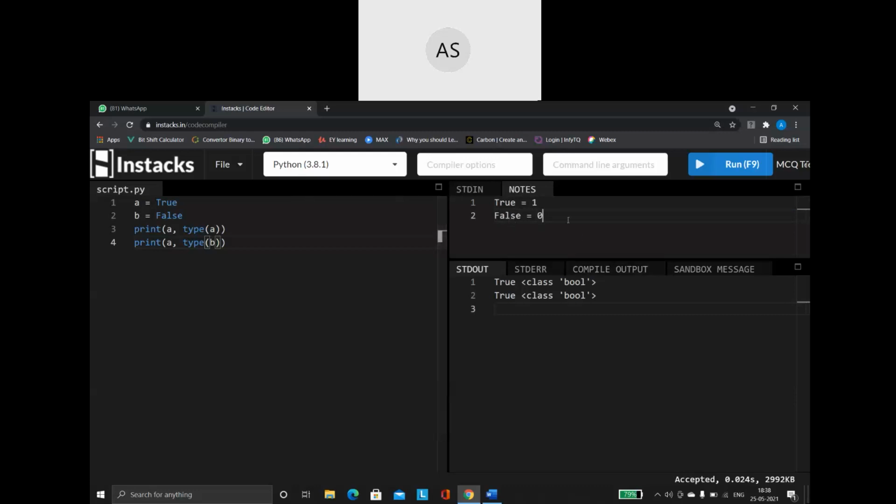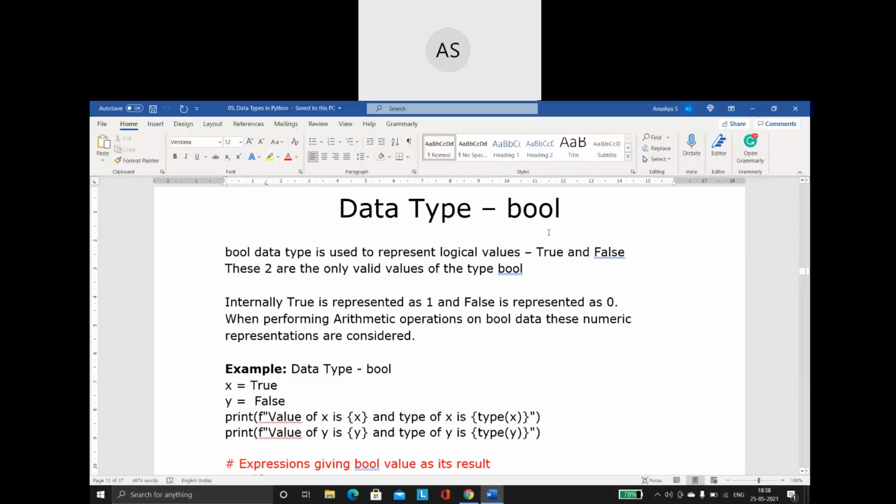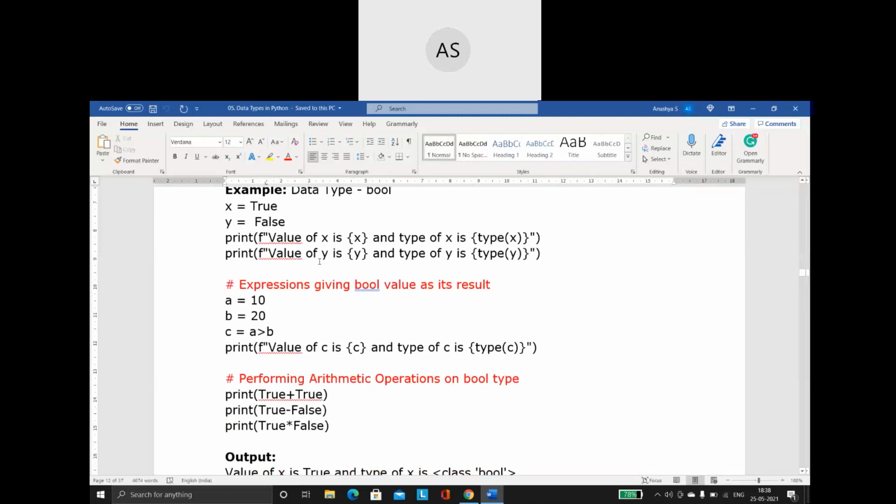This is another very important thing you should remember, which will be helpful in upcoming topics. When we perform different arithmetic operations, they will be performed based on these numerical representation values only.